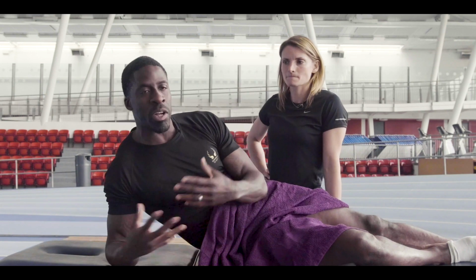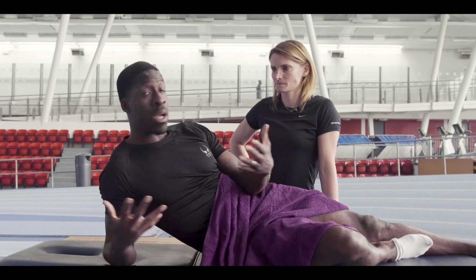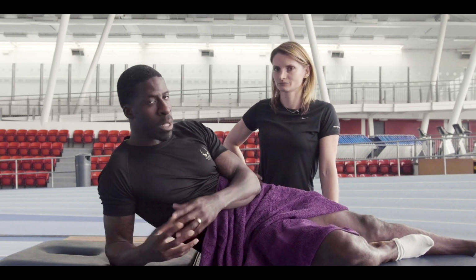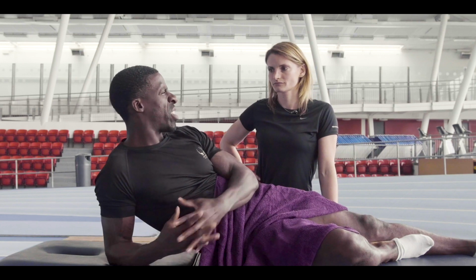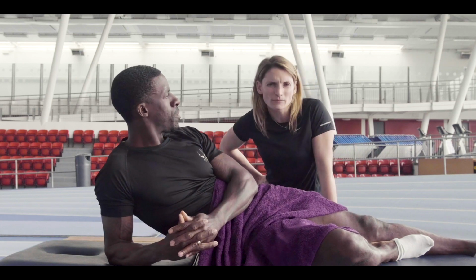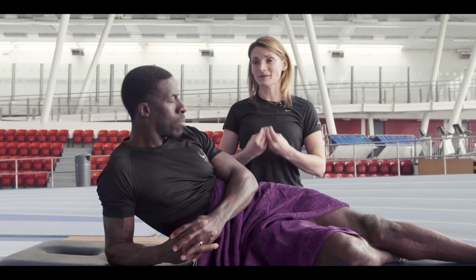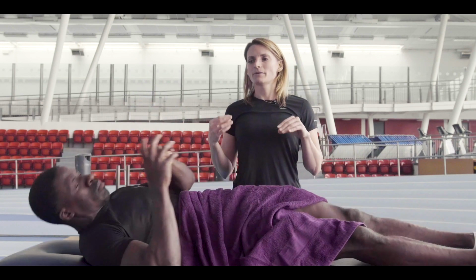So also, massages are not only for sports people, they're open to the general public as well. So if somebody from the general public wanted to get a massage, what would you suggest they do? Okay, so it depends on the purpose of the massage. Massage can just be used to make you feel better, so make you nice and relaxed. But it can also be